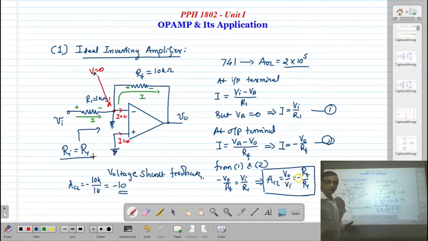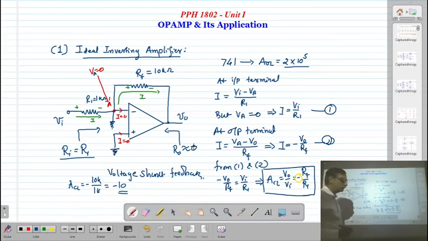It should not be very large also, because when you are talking about a practical op-amp, it has some input resistance, so your input resistance should not be greater than that. And if it is very small, then the input resistance will decrease and the source is going to be loaded by the operational amplifier. So if you keep this 10, 20 or 50 kilo ohm, up to that it's okay. And when we talk about the output resistance, here the output resistance will be almost 0.